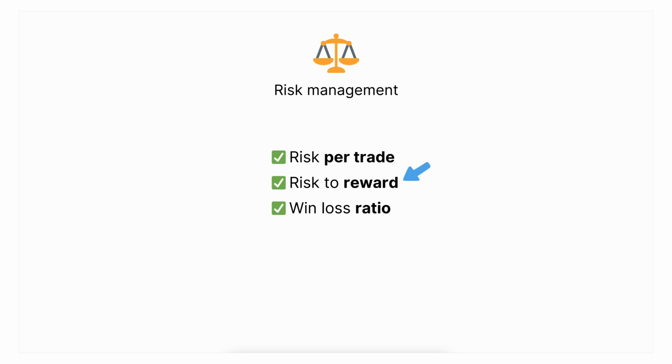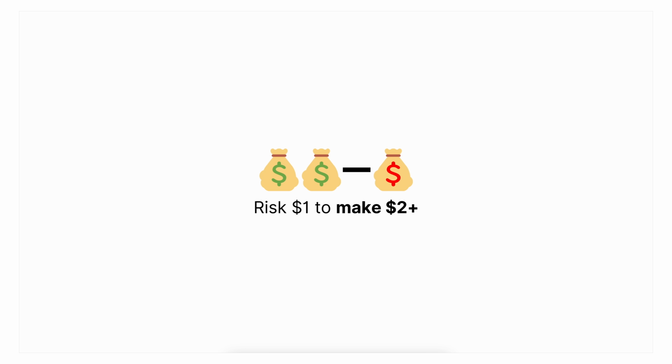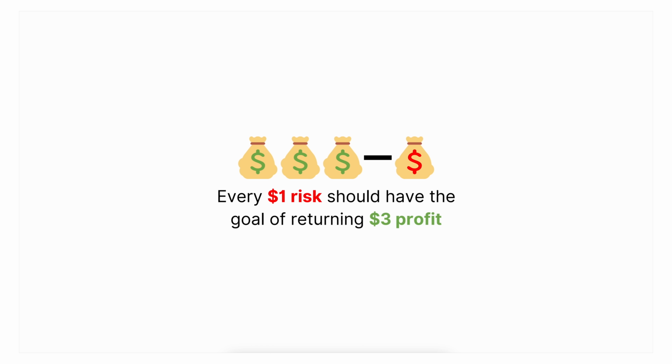We already said we should really look to risk 1% per trade, because that is going to give us the best odds of controlling our losses long term. When we have risk locked at 1%, we can then focus on a risk to reward edge. Risk reward is the concept of risking $1 to make $2 or more. And to find the sweet spot, I think every $1 risked should have the goal of returning $3 in profits,